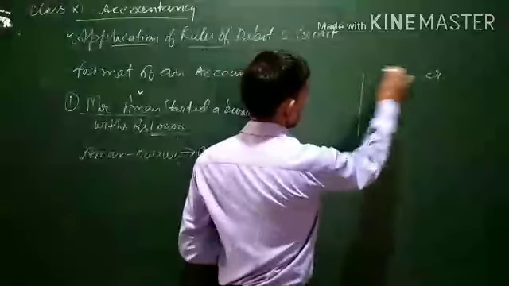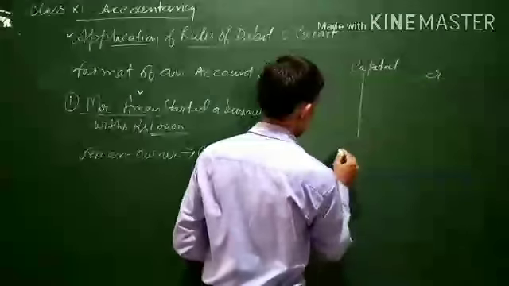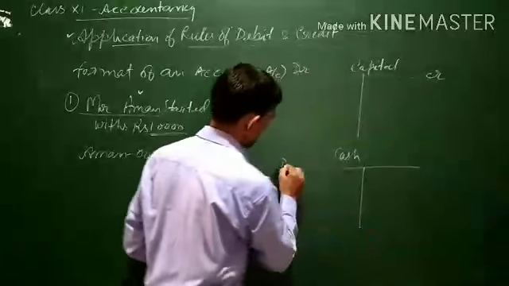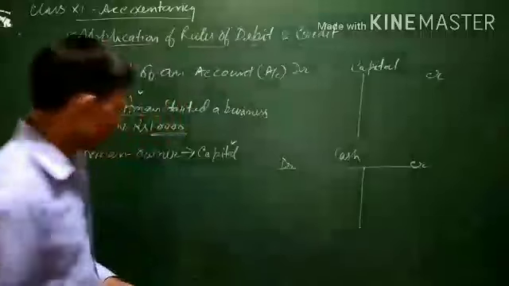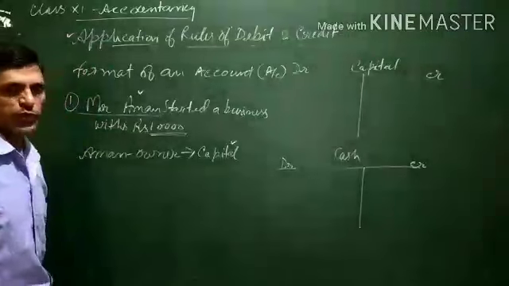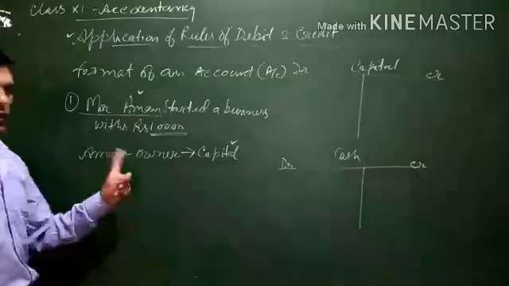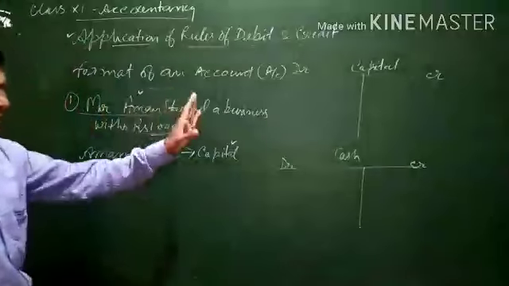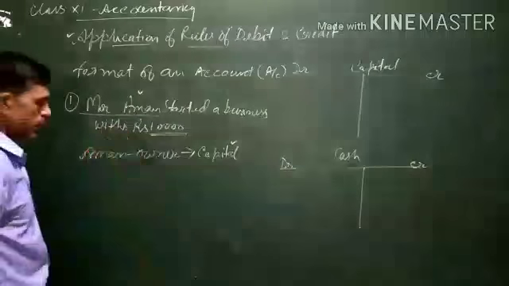So first of all, here two accounts are involved: capital account and one more account, that is cash account. Left hand side debit, right hand side credit. Now, try to remember what rules of debit and credit we have studied earlier. There are two approaches that we have discussed, the American and the British approach. Both ways your transaction will remain the same, it will not make any difference. Let us follow the American approach.